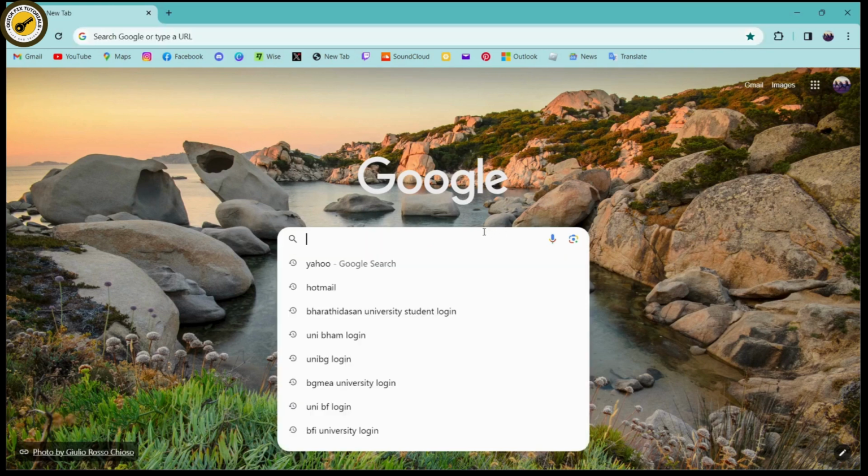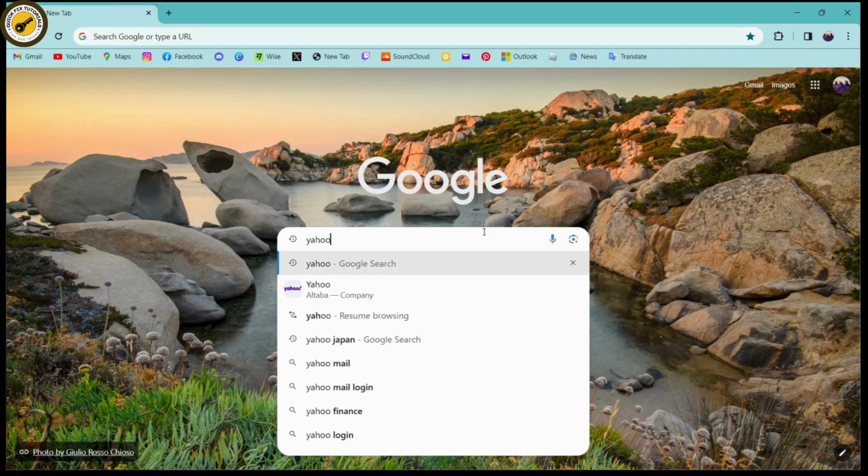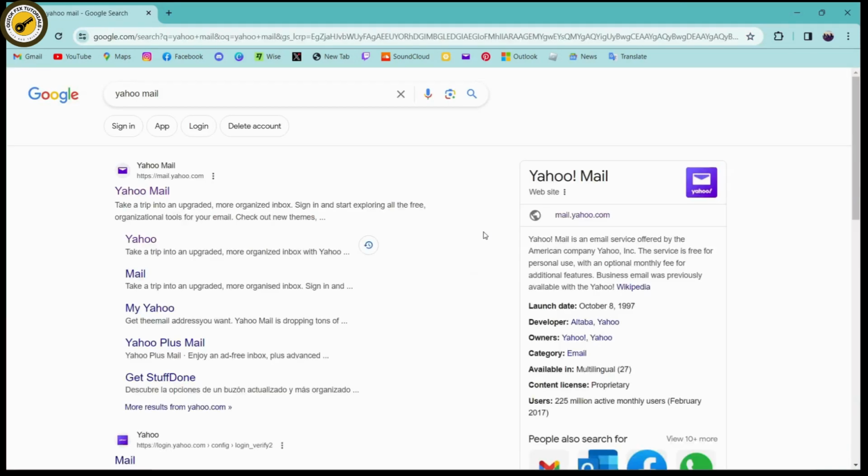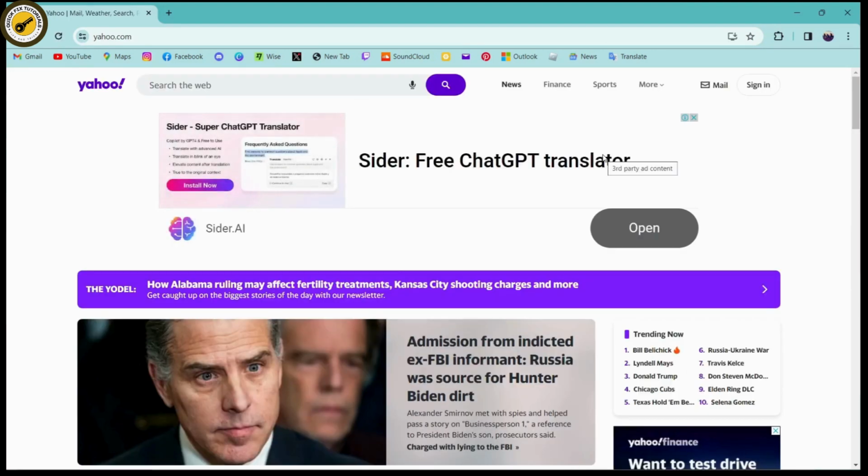Simply go for the search bar and search for Yahoo Mail. And here you will have your Yahoo Mail under mail.yahoo.com. Click on that and it will take you to the website. So you can simply click on sign in, which is on the upper right, and it will take you to